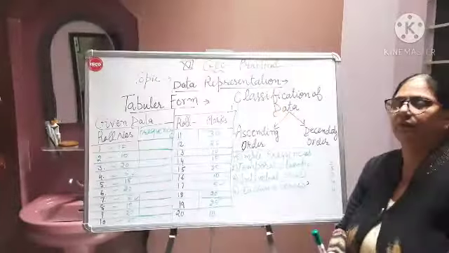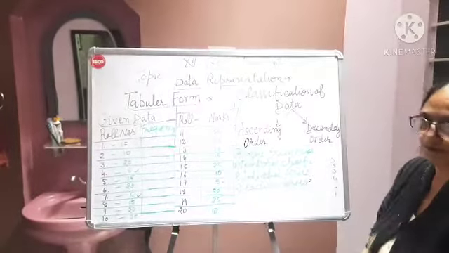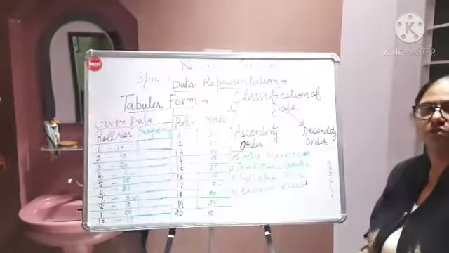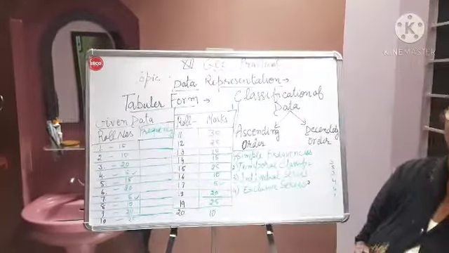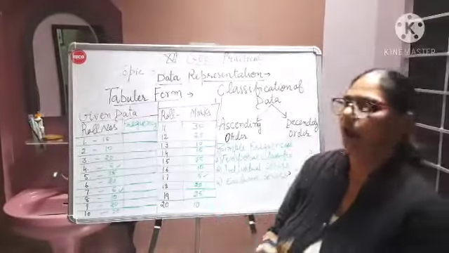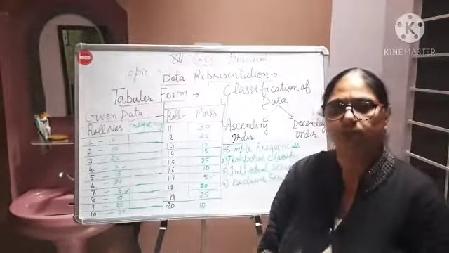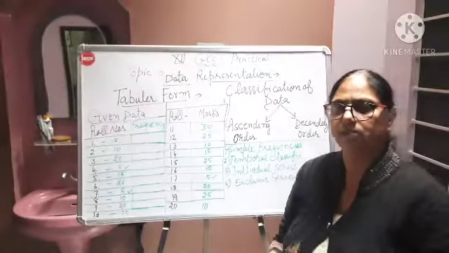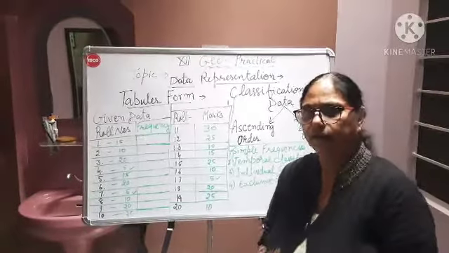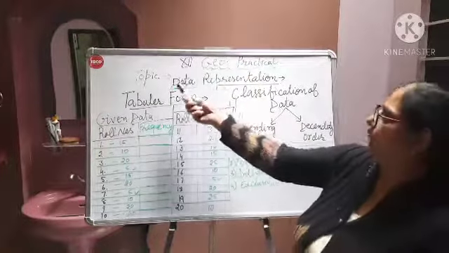As you know, earlier we have done its first topic, that is data and its collection: different sources of data, different methods of data collection, primary methods, secondary methods, and sources like published, unpublished, magazines, newspaper. I think you have revised this, and accordingly we will proceed further for the data representation.